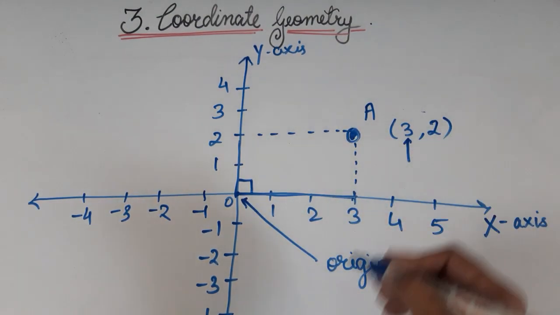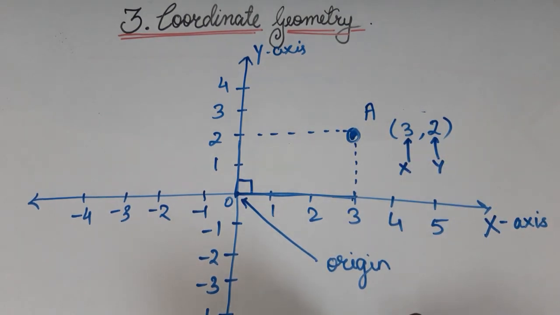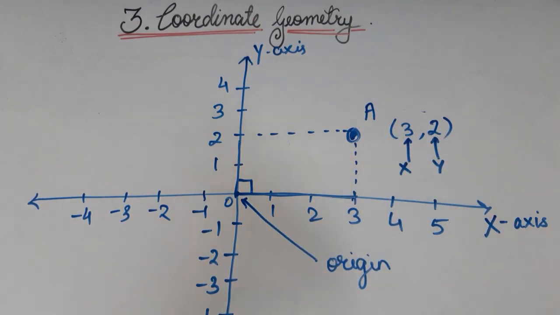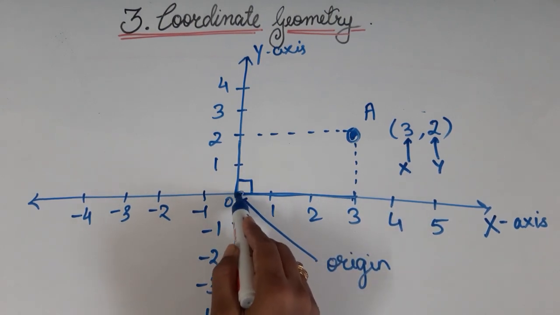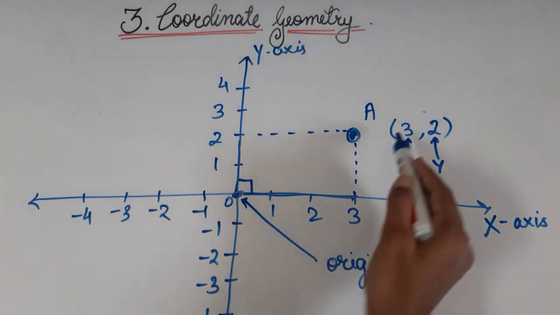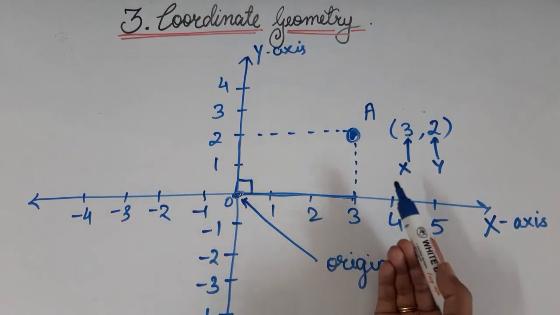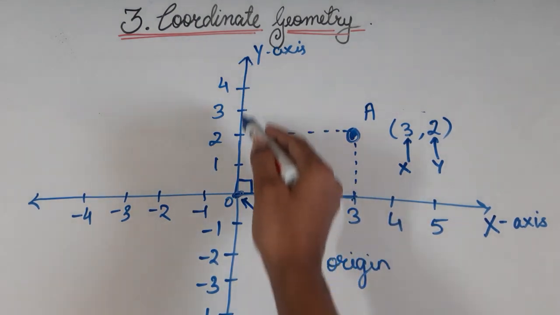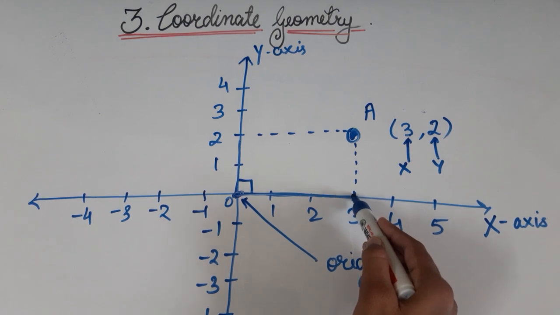This is called the x coordinate and this is called the y coordinate. So these are the two coordinates of the point A. The first one is the x coordinate, the second one is the y coordinate. Now how will you define the x coordinate? The x coordinate is the distance away from the y-axis. You are standing at the origin and you want to locate that point. So you are going to move 3 units to the right side. Plus 3, so 3 units to the right side of origin. What you did is go away from the y-axis by 3 units.